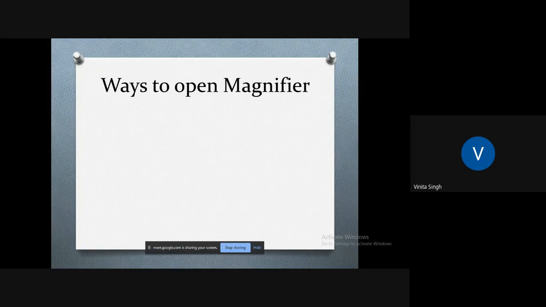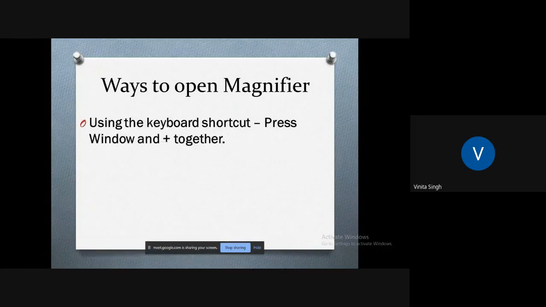Now let's see what are the ways to open the magnifier. Using a keyboard shortcut, just press Window and plus together. You can quickly open the magnifier by simply pressing the window key and the plus sign together on your keyboard. And the next one is the best way, using the search box.